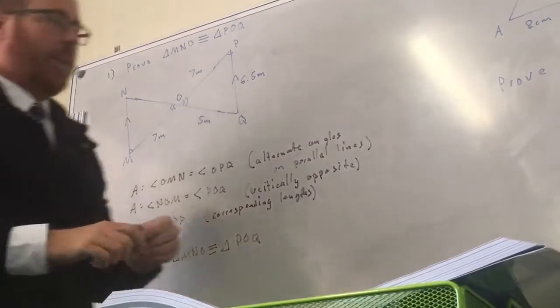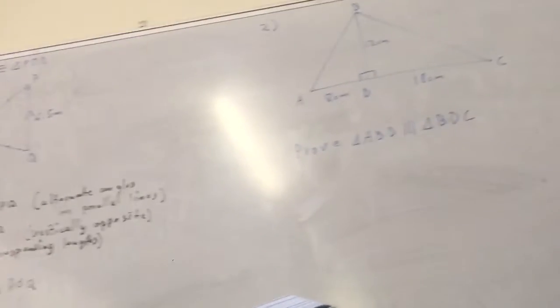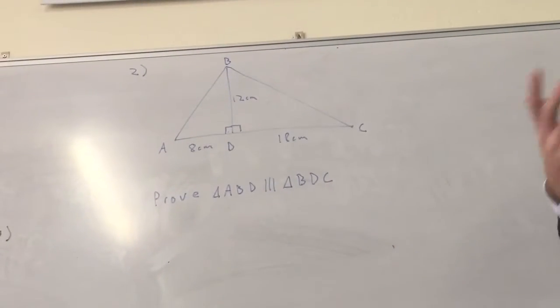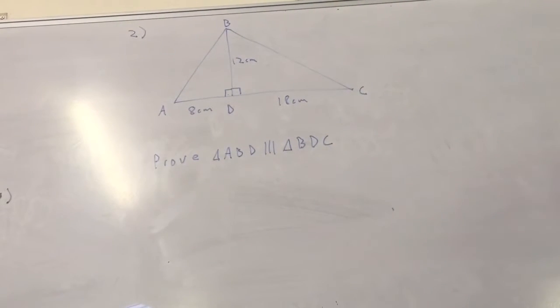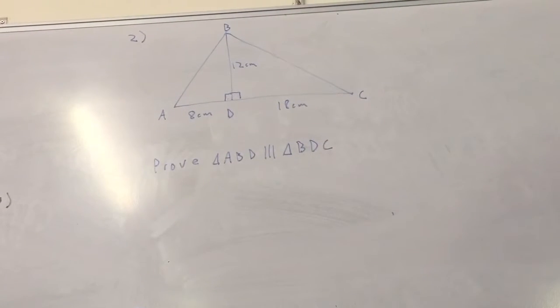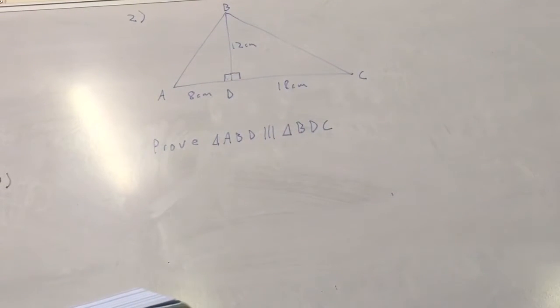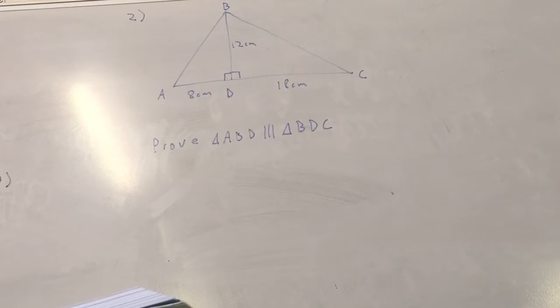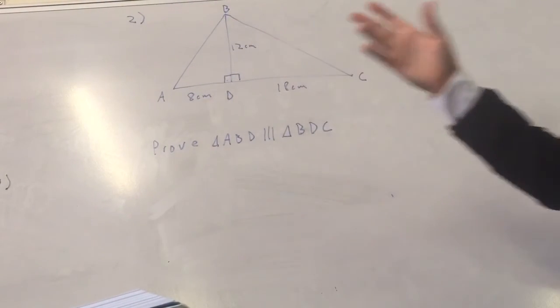Okay, this one here. This one's a bit different. We're looking at similar. We want to prove these triangles are similar, so they're not necessarily the same. They're not the same size, but they are the same shape. So that's the difference there. So we can see they're not the same size, but we want to be able to have enough information to prove that they're the same shape. And therefore, if you could do that, you could potentially find unknown lengths sometimes as well. I haven't included one with